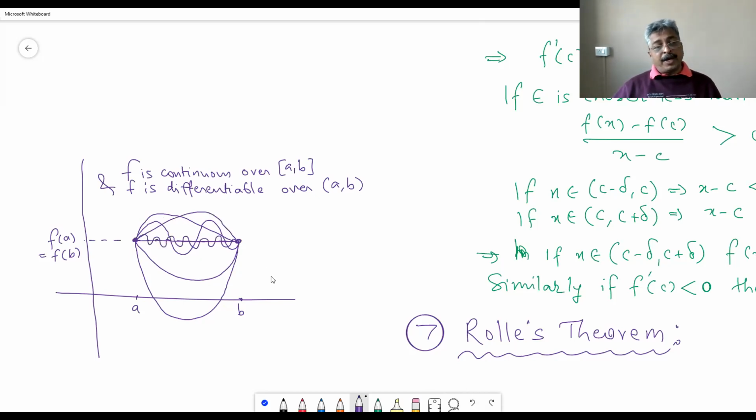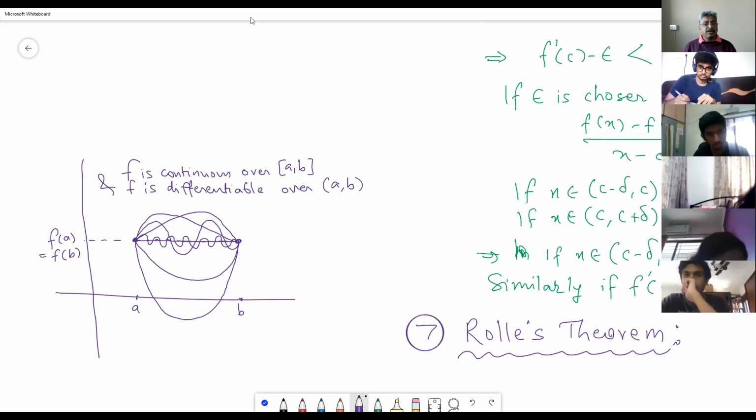Okay. So if I find infinitely many ways of starting from A to B, what is the most common thing happening in all these functions? That is what you write down in your notebook and show me. What is so good about this? If it is continuous and differentiable, and the values of the function at both extreme points of the interval are the same, then what is the good thing that is always going to be true?